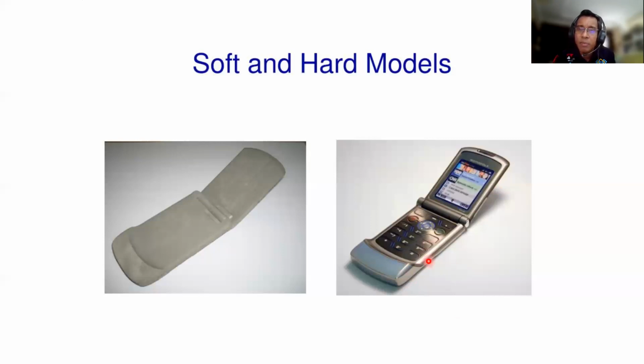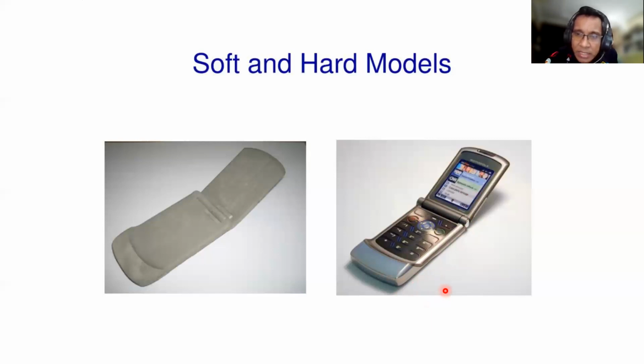Because the prototype is very costly, they need to have some budget to produce it. So maybe they can produce only a few products. For many types of product, the hard model is fabricated to see the size, density, weight distribution, surface finishing, and colors. So they can feel like an actual product.